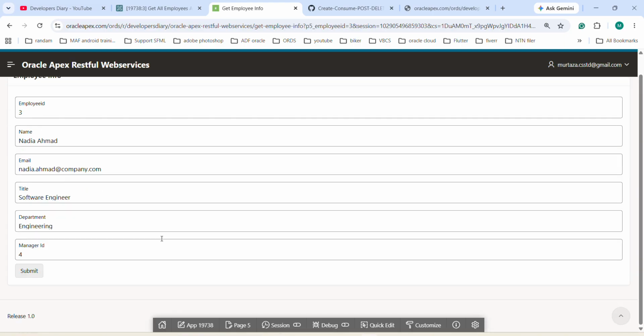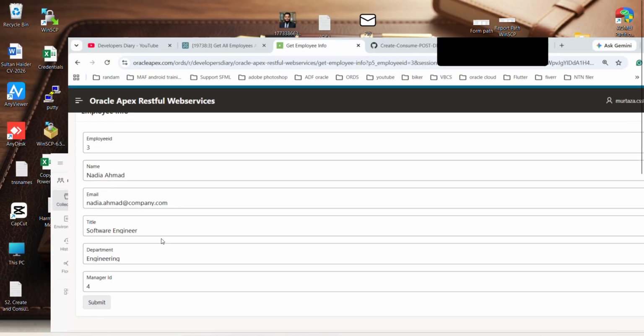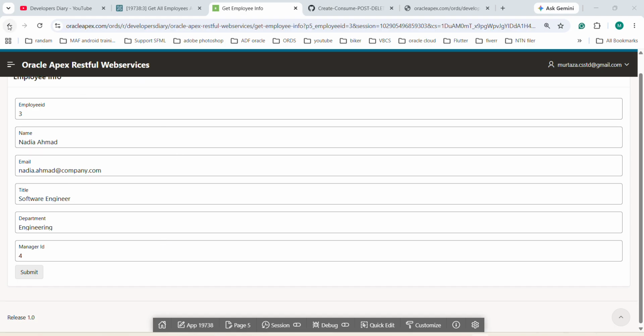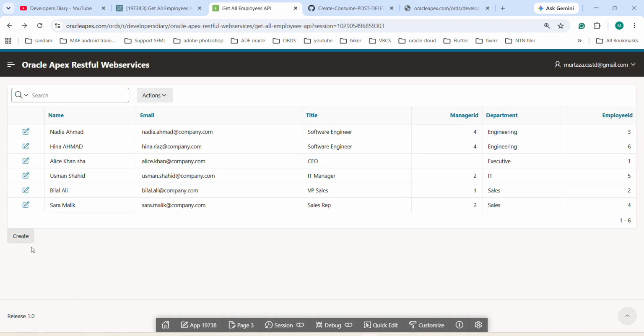So in the previous tutorial, we created this option. Now we shall click the create button